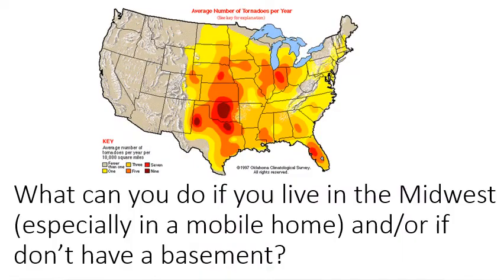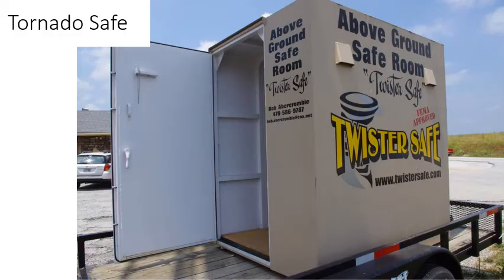from a tornado. Now, what do you do if you live in the Midwest, especially if you're in a mobile home and you don't have any kind of basement? Well, here are some options for you. First of all, what's called a tornado safe. A tornado safe is basically just a reinforced box, either made out of metal or concrete, that is strong enough